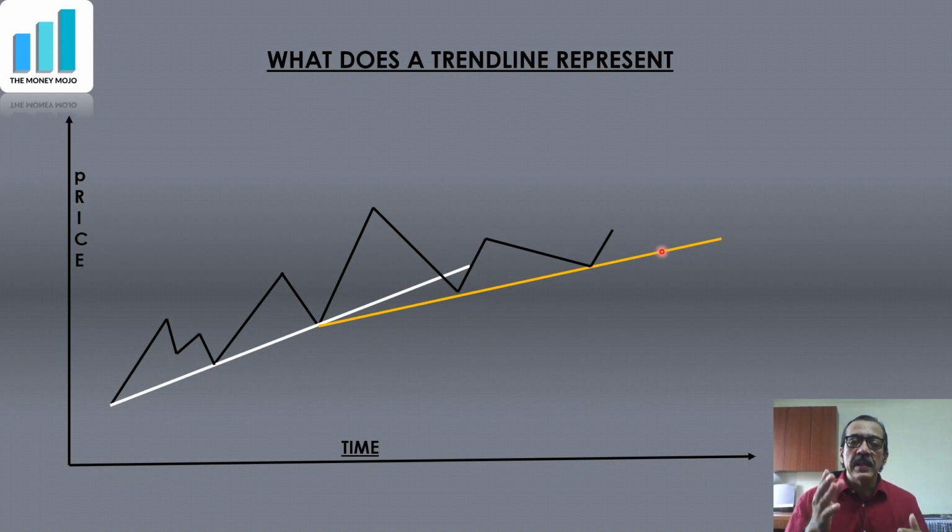A steep trend line is not such a valid trend line for continuation trades. A gentler trend line is a better trend line to look for supports. And therefore, if there is a gentle trend line and yet the price breaks down, then a breakdown or breakout from a gentler slope is more valid than a breakdown or a breakout from a steeper slope of a trend line. So trend line represents rate of change of price, and therefore the gentler the trend line, the better it is.